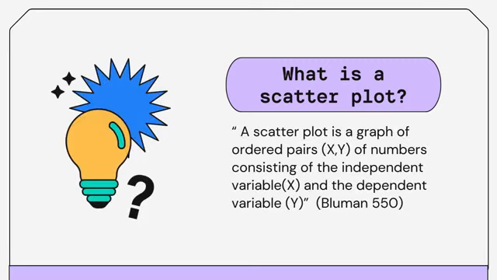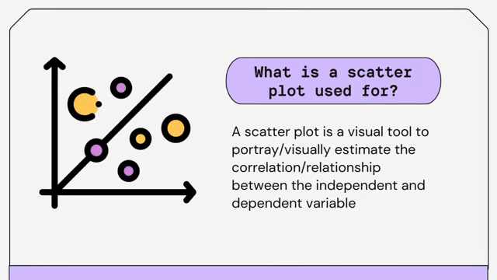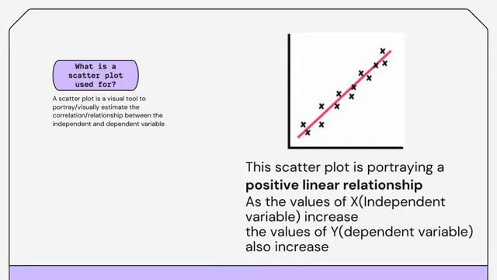A scatter plot is a graph of ordered pairs (x, y) of numbers consisting of the independent variable x and the dependent variable y. A scatter plot is a visual tool to portray and visually estimate the correlation/relationship between the independent and dependent variable. It's a positive linear relationship,